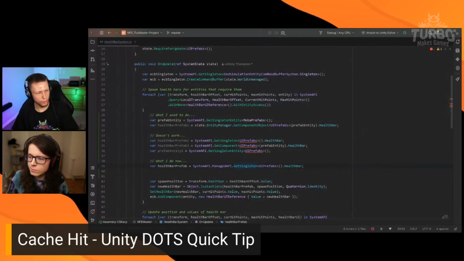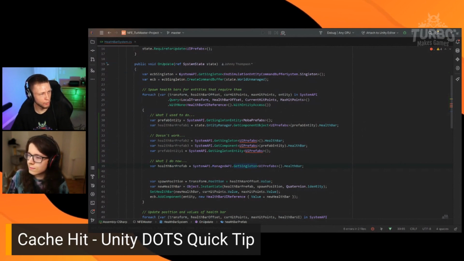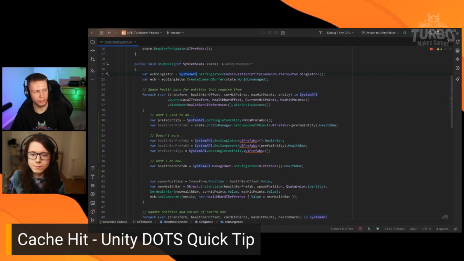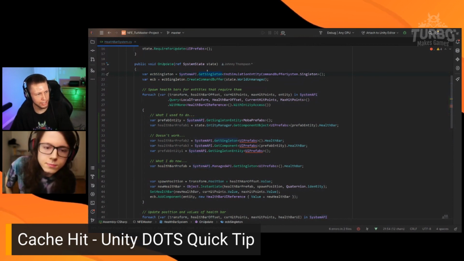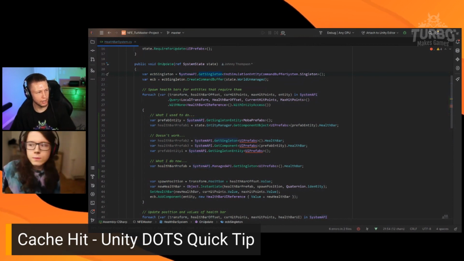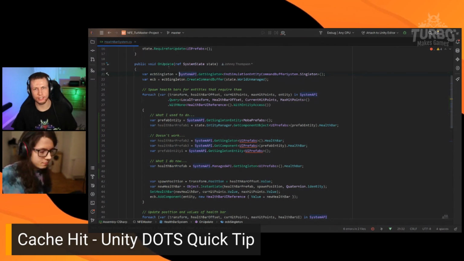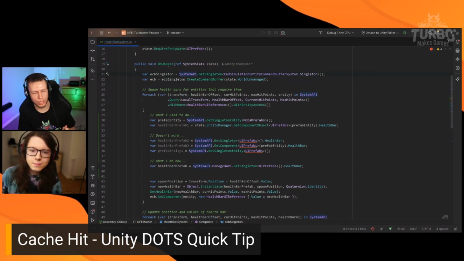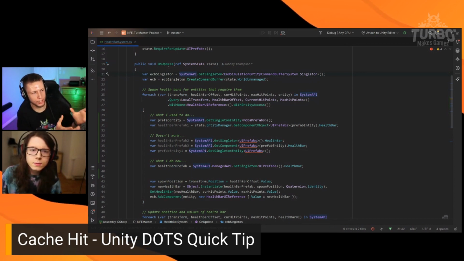Okay, so what I wanted to showcase is, I'm sure if you've been using Unity ECS, Danny brought it up a little bit earlier, we have this system API, and it's super handy because it allows us to do things like get singleton and get component. Basically, the idea is it uses code generation to implement the most optimal way to achieve that